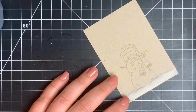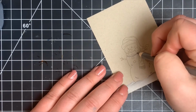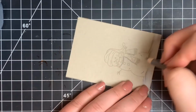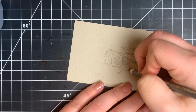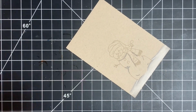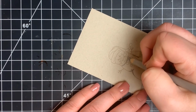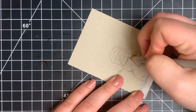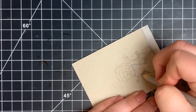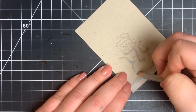So again, I'm going in with that warm gray 4, and there are some dash lines within the image that will add some texture to the snowman, so I'm going over those. I'm also adding a shadow underneath his scarf and on the left-hand side of where his scarf is hanging over his body. Also, where the 2 sections of the snowman come together, I'm adding a little V. And each time I blend that out with the lighter gray pencils, I'm going to extend that V out a little bit further,